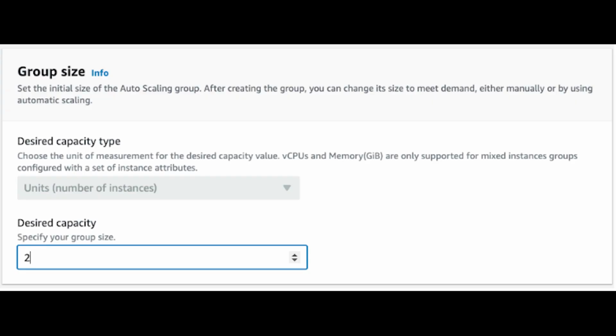Define the desired capacity. The desired capacity is the number of instances in the auto-scaling group at a given time. By default, an auto-scaling group doesn't have auto-scaling enabled. It is a little confusing, but you can think of it as just a scaling group by default. In this case, we can manually update the desired capacity to scale the number of instances. But in this project, we are enabling auto-scaling. So regardless of the desired capacity that we enter, the auto-scaling group will update the desired capacity based on the workload.